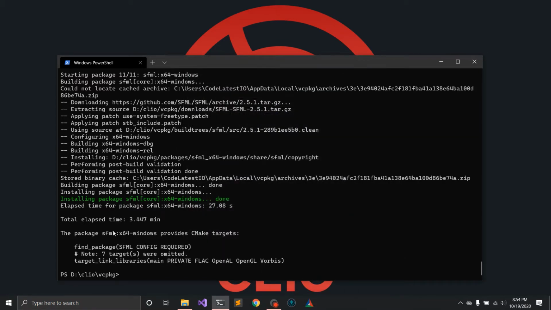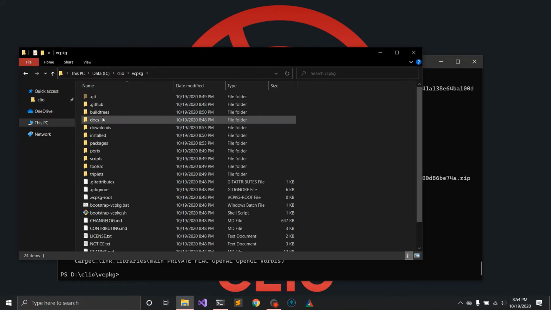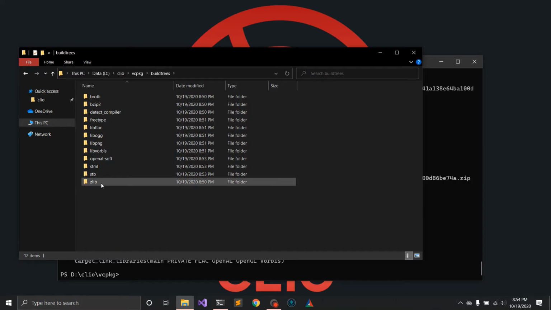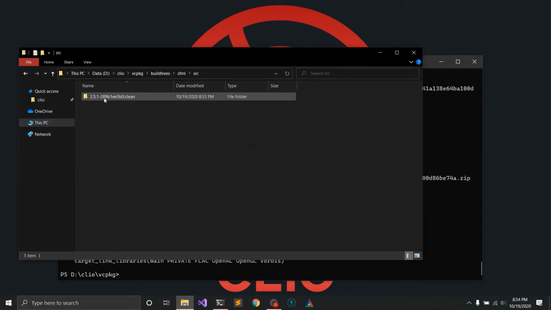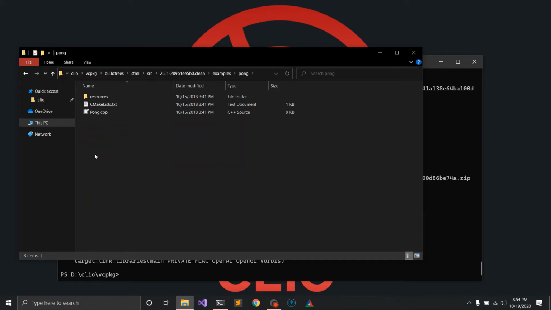So with SFML installed, I want to grab the Pong example out of it. So I am going to navigate to the build directory of SFML. So in the vcpkg checkout, there will be a buildtrees directory, and these are all the libraries that were downloaded and built in order to compile SFML. So I'm going to come in here, go into the source directory, and there's an examples folder which has Pong. So I'm going to go ahead and copy all of this,